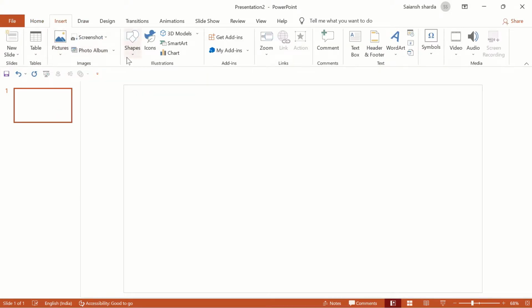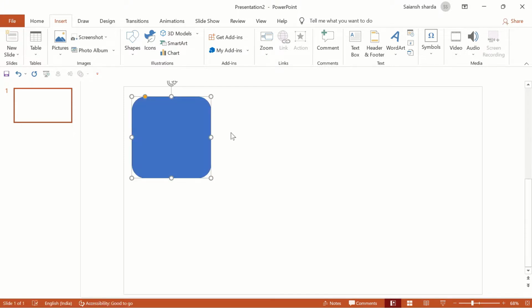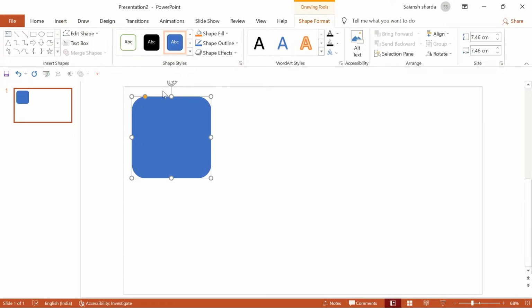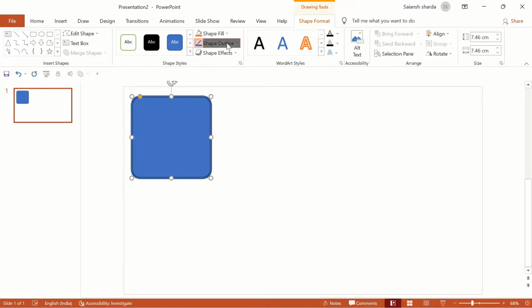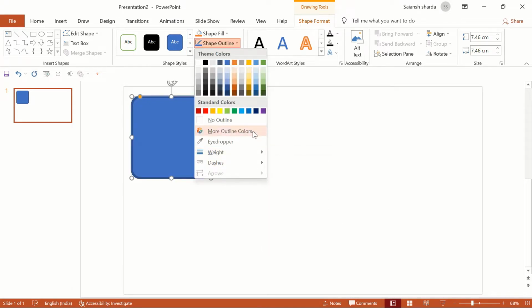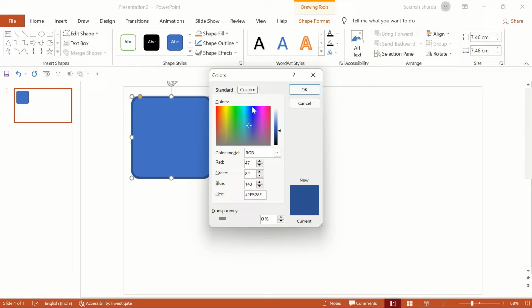Let's get an insert, shapes, and then let's pick a rounded rectangle, and I'm holding down shift key to make a perfect rounded rectangle, and we can now decrease the roundness just a little bit. And now let's get a shape outline, weight, and increase the weight of the outline to about 6 points, and then go to more outline colors and pick a very dark gray, kind of in like dark blue hues, so